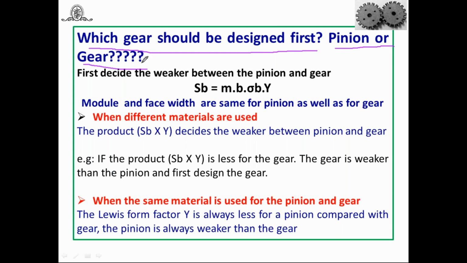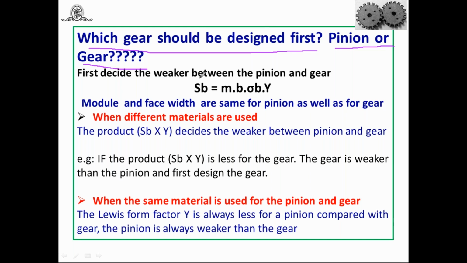And for that purpose, always in DME 1 also, you know very well, we have always designed the part where the area is weaker, or the dimensions are weaker. You know very well in the case of cotter joint, knuckle joint, in the case of coupling also, in the case of shaft also, in the design under fluctuating load, that means the area of the weaker section is what is considered.